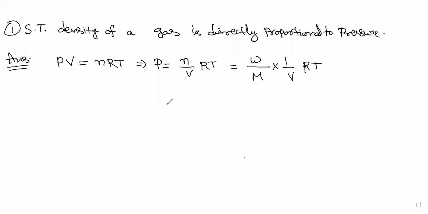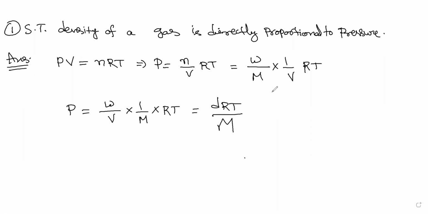Now P is equal to, we will rearrange here W by V into 1 by M into RT. W by V is what? Weight by volume, that is density, right? So we get dRT